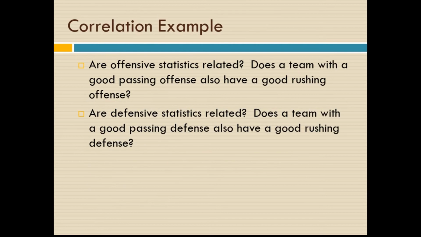I've got the data set that we have in the data file I provided you, the 1976 NFL football data. What we want to do is look for a relationship between our offensive statistics and defensive statistics. If I have a team that has a good running game, does that mean they're going to have a good passing game? Let's look for a relationship there. And also, if I have a defense that's good at stopping the run, is it also good at stopping the pass? I want to know if they're related or not, or there is no relationship.